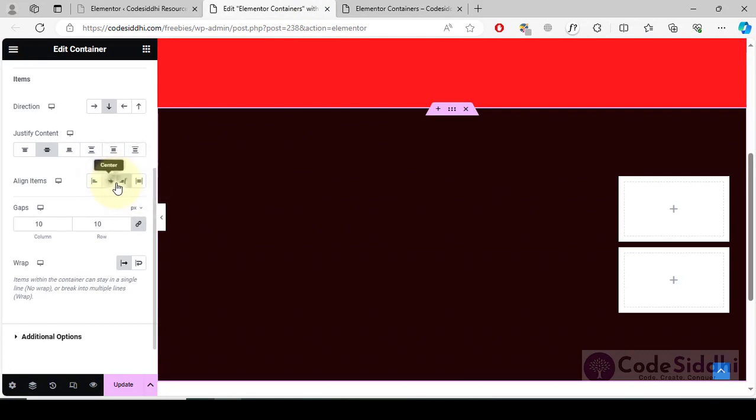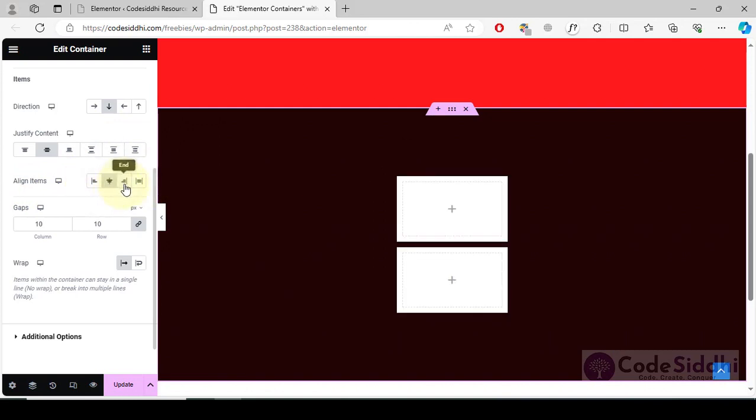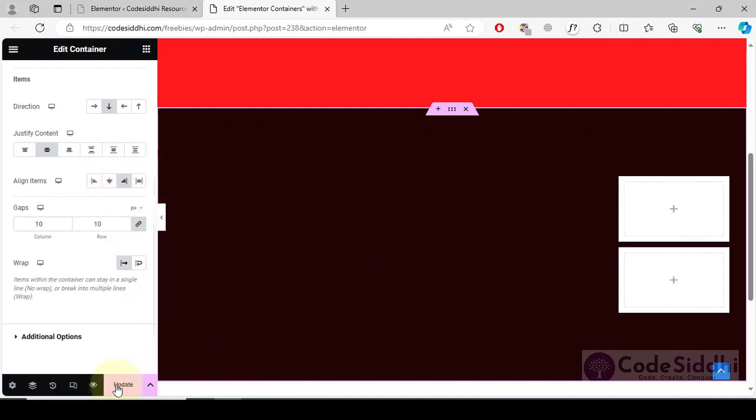Okay, so this is working here. So here the align items will work. So if you select this section right now, justify content will work on top, center, bottom, and at the same time align items will work for left, center, right. So if I click on center, it will go to center and right. If you click on update,